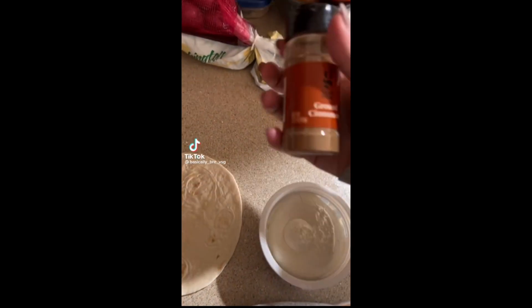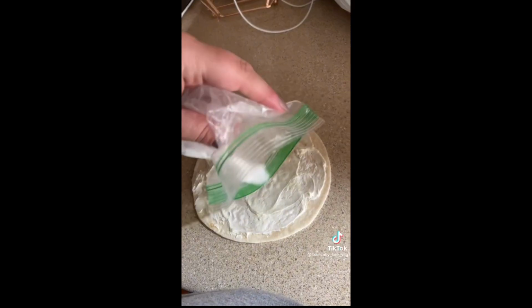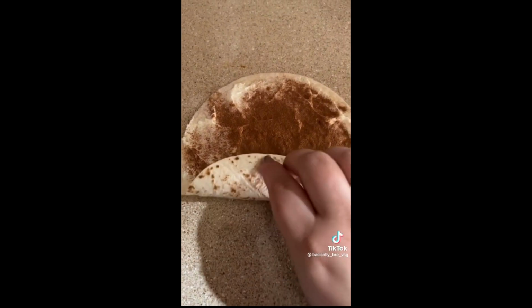All right, this is my favorite sweet snack, and it's only 4 ingredients. So you're gonna need a low-carb tortilla, whipped cream cheese, that is not drugs, that is a 0-calorie sweetener, and cinnamon. So you just spread the cream cheese on the tortilla, add your no-calorie sweetener, cinnamon, roll it up like